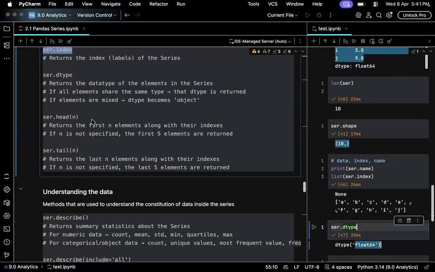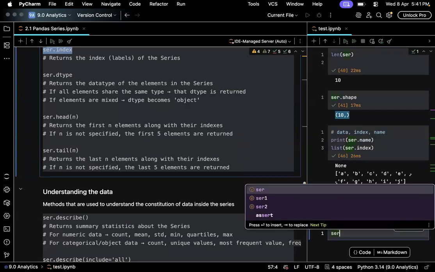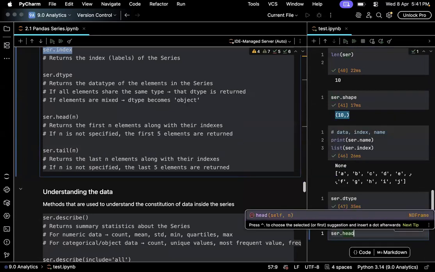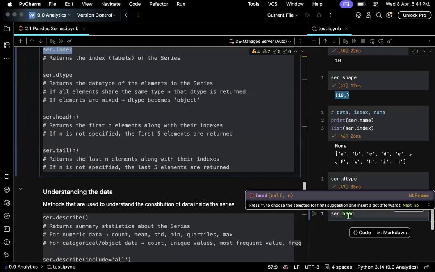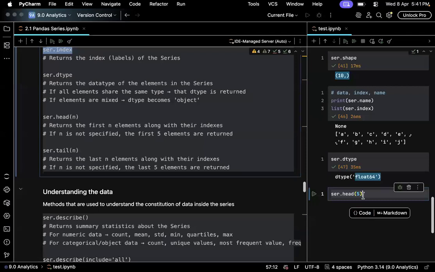And finally, series dot head and series dot tail. Like I said, if a series contains a million elements, we cannot print its entire thing, right? Even if we print it, it will overwhelm our notebook and we cannot make sense of it. Then what if you just want to view a few elements from